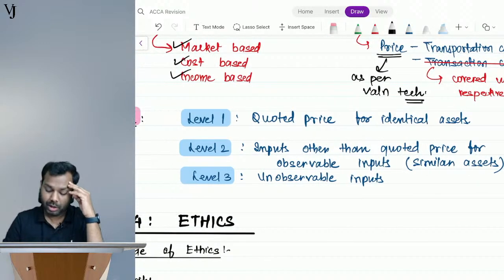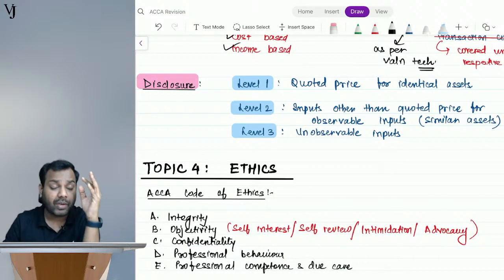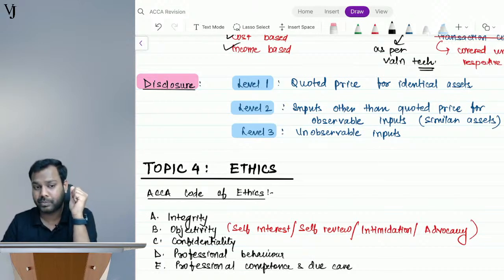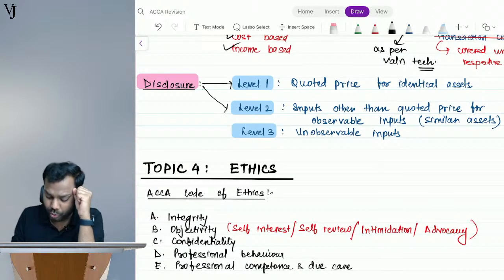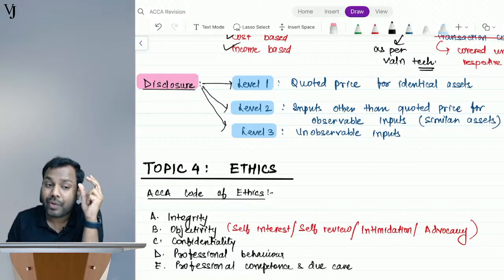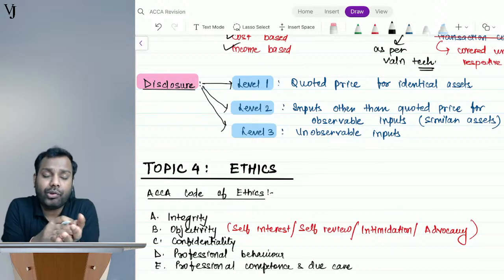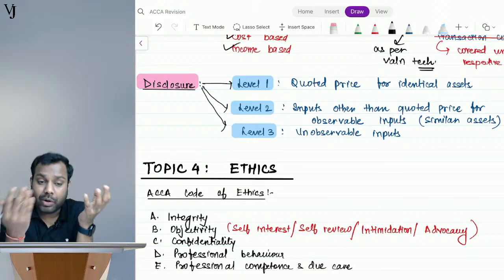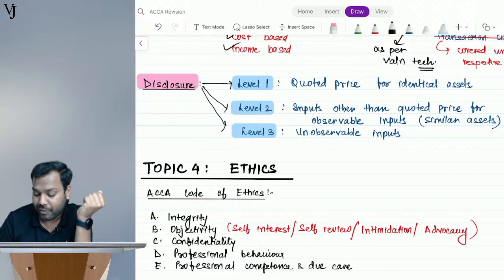Now, presentation or disclosure. The disclosure in FS. See, wherever we use fair value, all the fair values have to be disclosed in 3 levels. Either the asset can come in level 1 or level 2 or level 3, so we have to classify. If the fair value is determined using the quoted market price, let's suppose investment in equity shares or quoted mutual funds, all those things we will say is level 1.